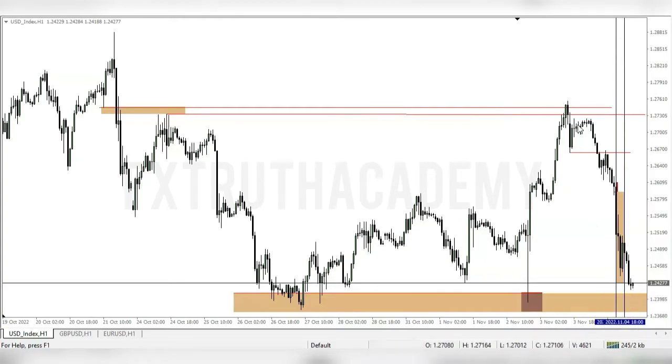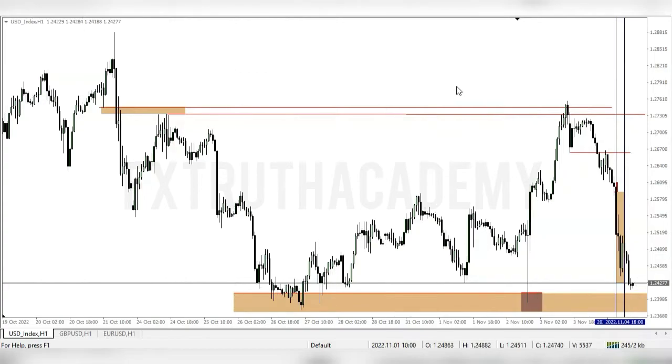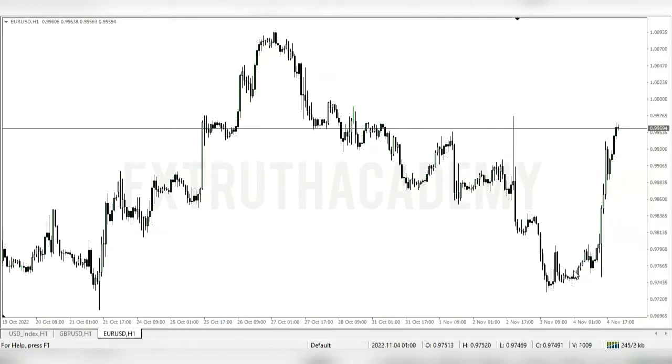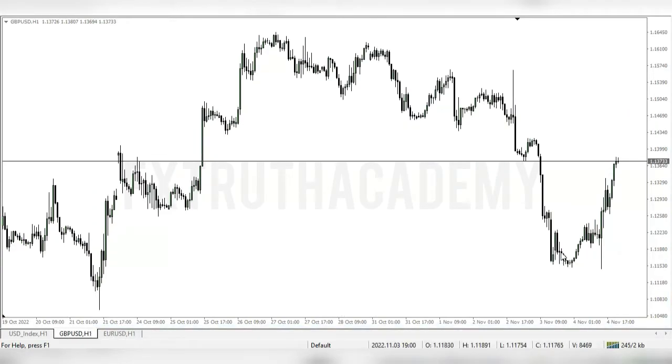You understand? So at this particular point right here, which was moving into Friday's trading, I was already selling. Sorry, I was already buying foreign pairs, because I was anticipating a bearish dollar at this particular area right here. So I was buying the pounds around this area, and I was actually buying the euro around this area. But I got knocked out on the pounds because the pounds went lower, because I was buying around this area right here. So pounds went lower.